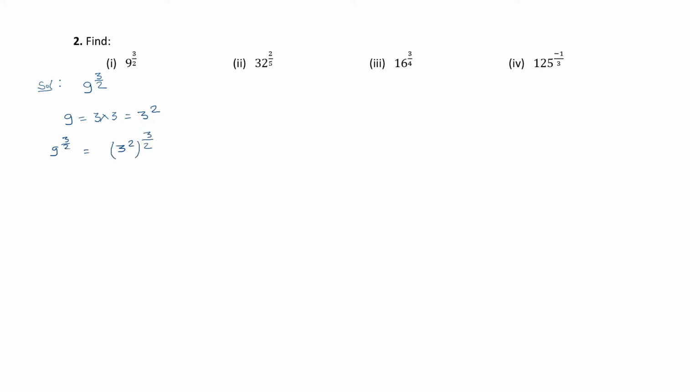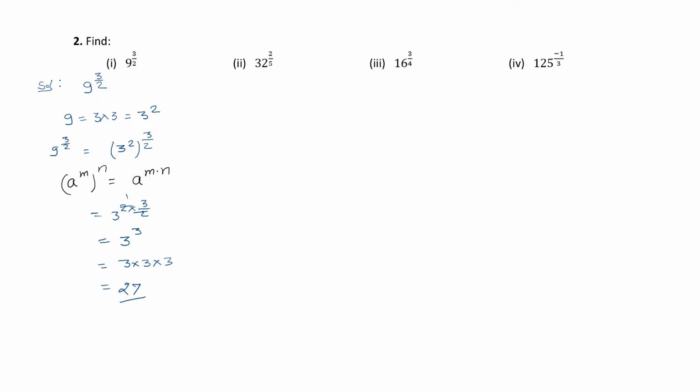So again using the identity like (a to the power m) to the power n, it becomes a to the power m times n. So here we can write it as 3 की पावर 2 multiply by 3/2. So 2 1 जा 3 2. So we get 3 to the power 3. So 3 to the power 3 को हम क्या लिखेंगे, 3 into 3 into 3. So हमको मिलेगा आंसर is 27, right?